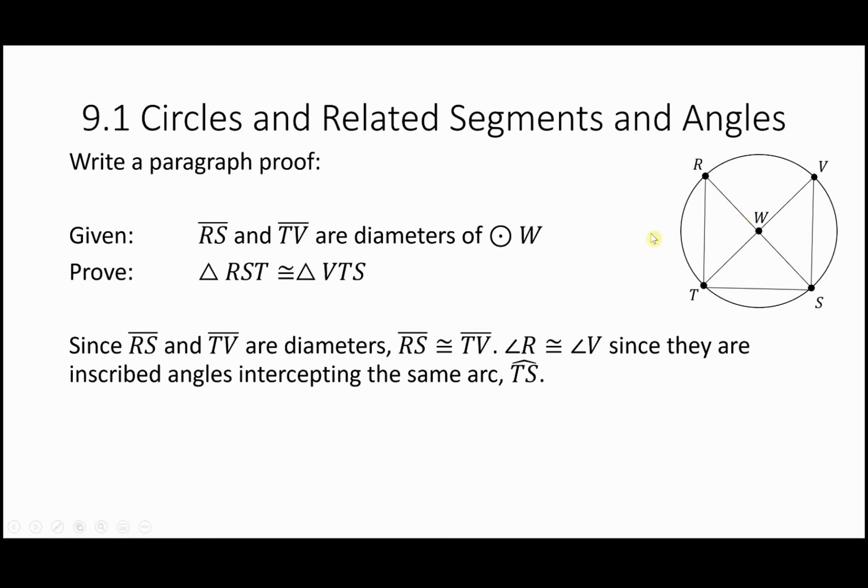I need either another set of lines that the angle is between, or I need another set of angles. So let's see what I come up with here. Looks like I link together line segments RT and VS. Think about this. How can I say that they are congruent to each other? Well, this next one as justification is quite the run-on. Okay, I get to claim that these 2 line segments are congruent because